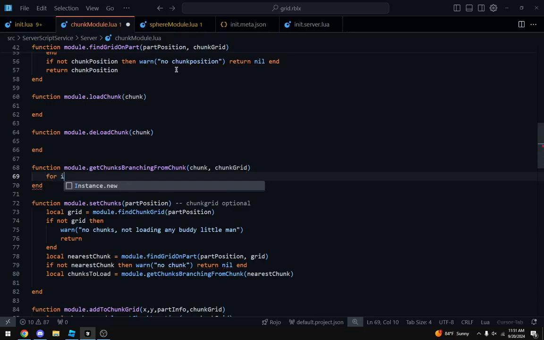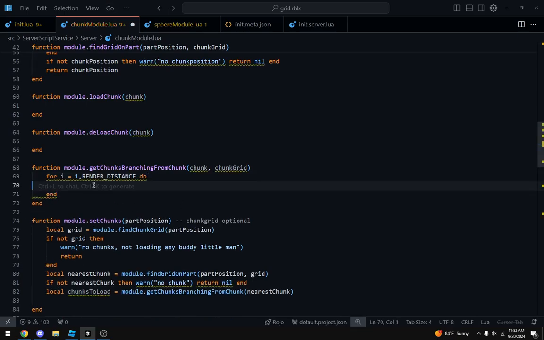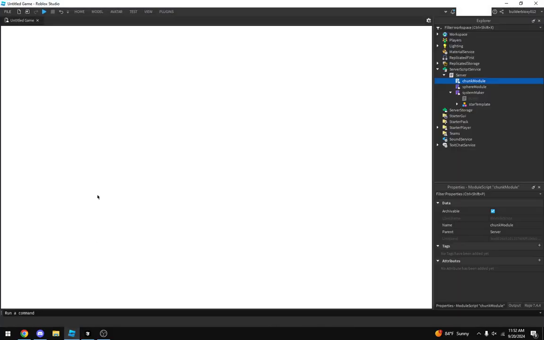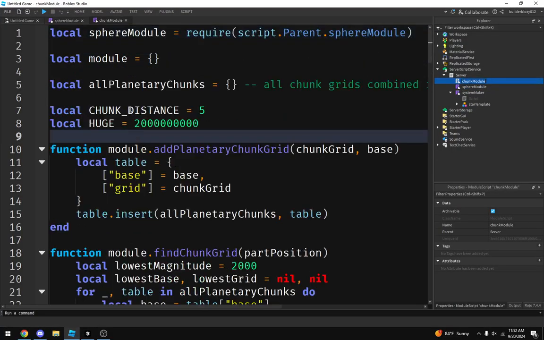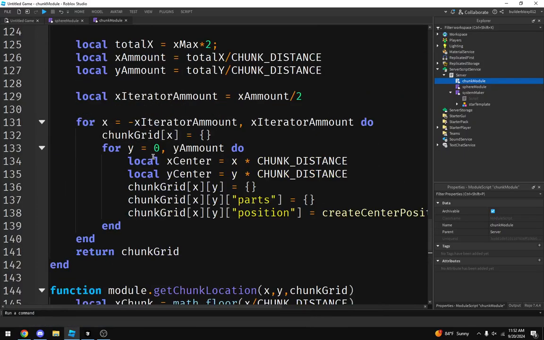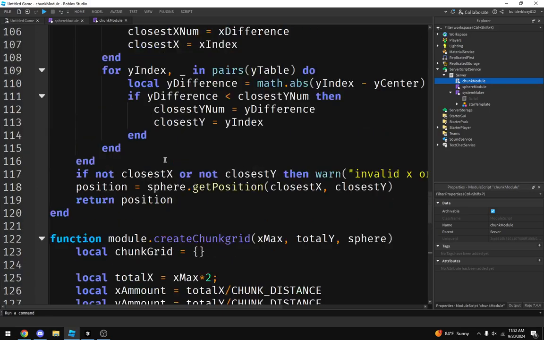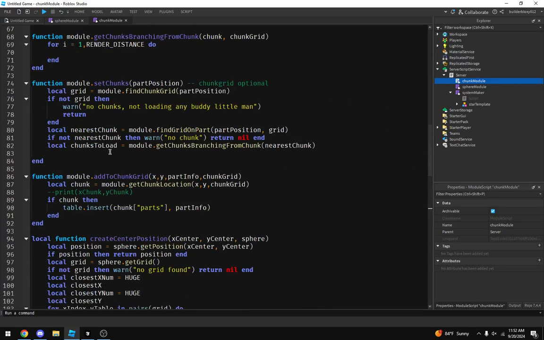So for i equals 1 to render distance, do. And if we go here to the chunk module, I'm interested to see if we go ahead and save this, and I just want to see if it would be any better to code in here, just as a test.